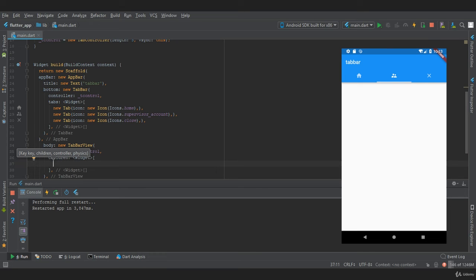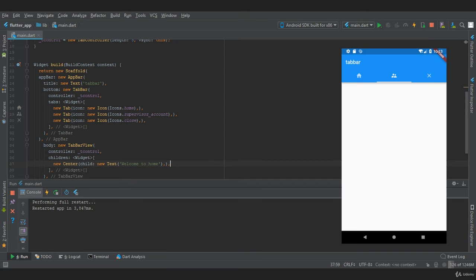So for the first tab we are going to provide a first body, which is new center, and in this we are going to provide a new text, and the text string will be welcome to home.